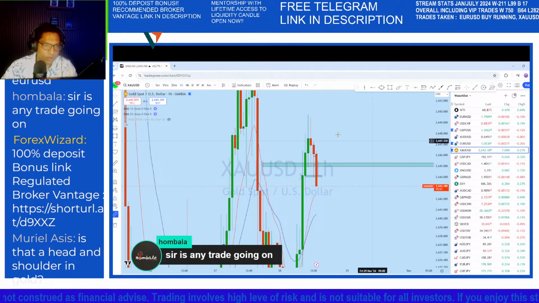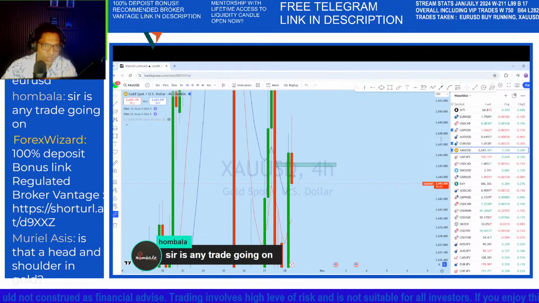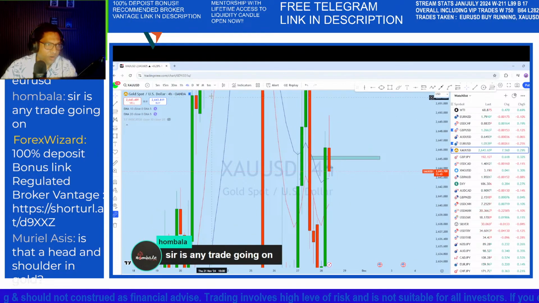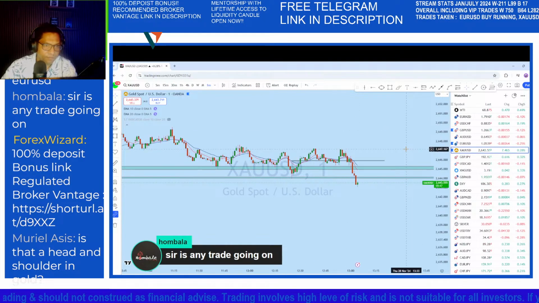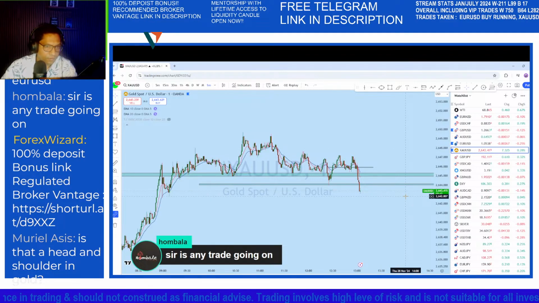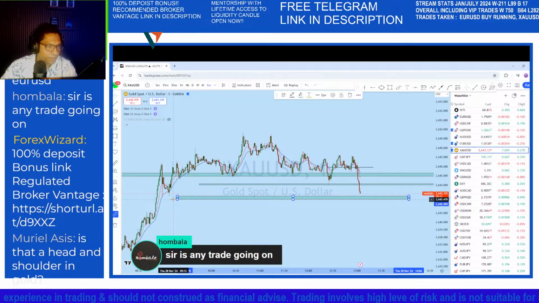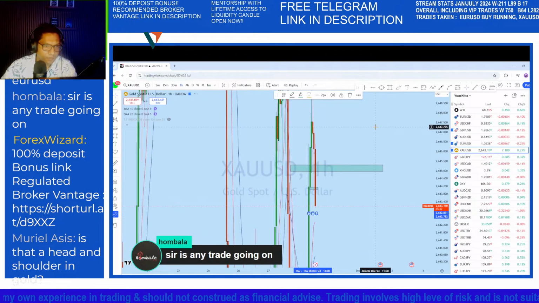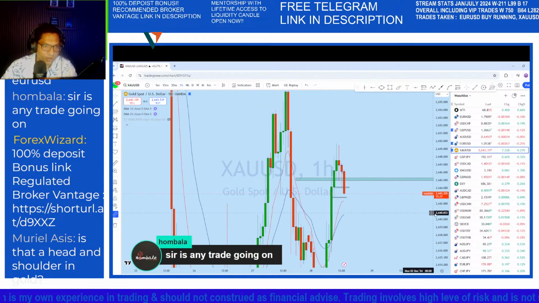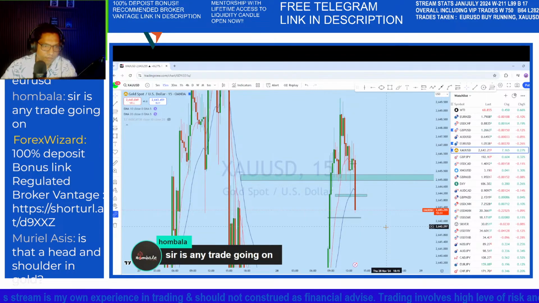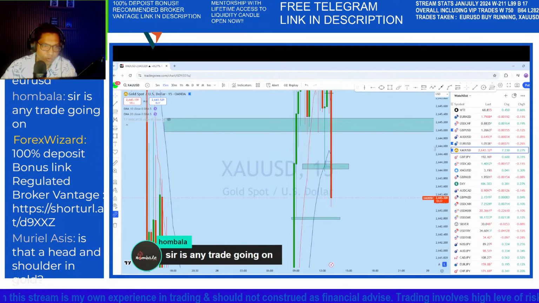So on the 4-hour time frame, that drop, how far might it bring the price, to another support level. If you look here, this is a support level, and from that support,